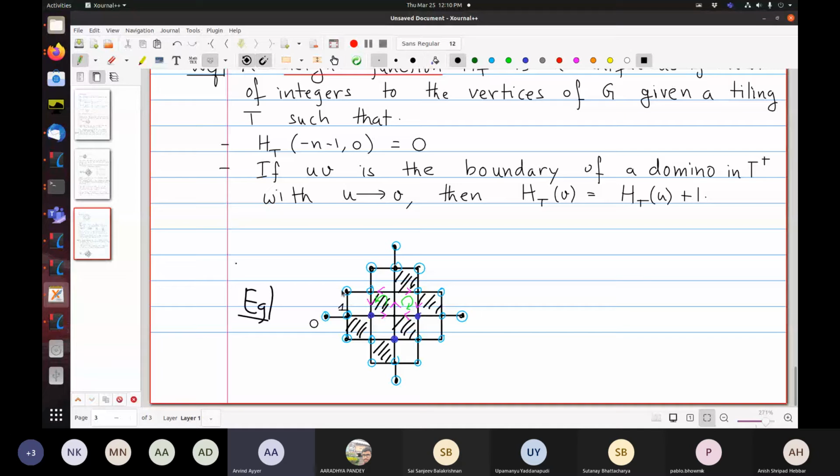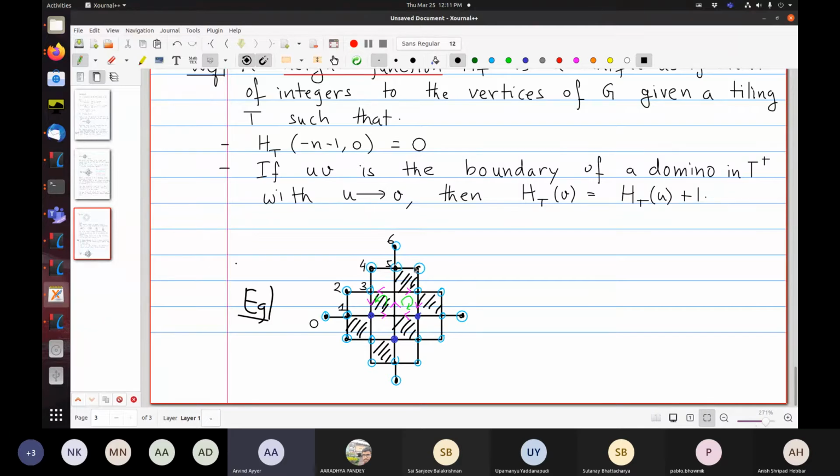Similarly, this is part of the same black square. So the edge is directed at the top, so you get 2. This is also black, so you get 3. Then this 4. All of these are black, so I get 5 and 6. And now this is a white square. So that makes sense.